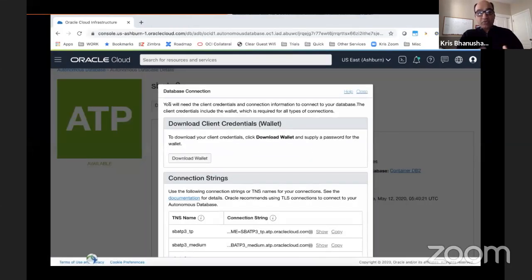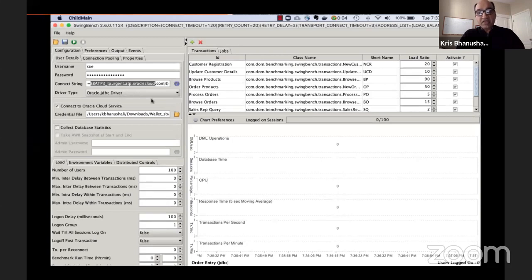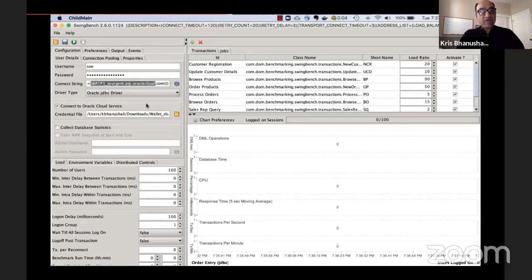And to do that, of course, this is how you would go ahead and get the connect string from the service. So very easily go to the DB connection settings, copy and paste it here. That's all it takes. I run a quick test to see if my connectivity succeeds. And yes, I was able to connect. So now I can actually fire this workload off.